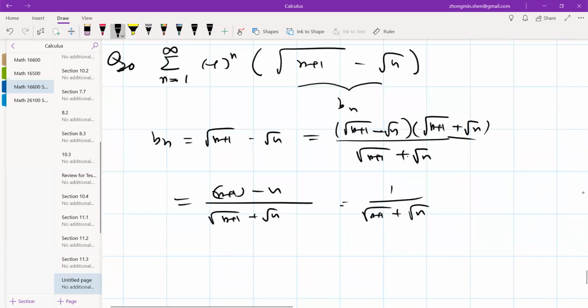All right, so that's the same technique. So clearly, you don't need to find the derivative. It's not necessary. Clearly, Bn is decreasing, and clearly this is going to be 0, right? Therefore, by the alternating series test,